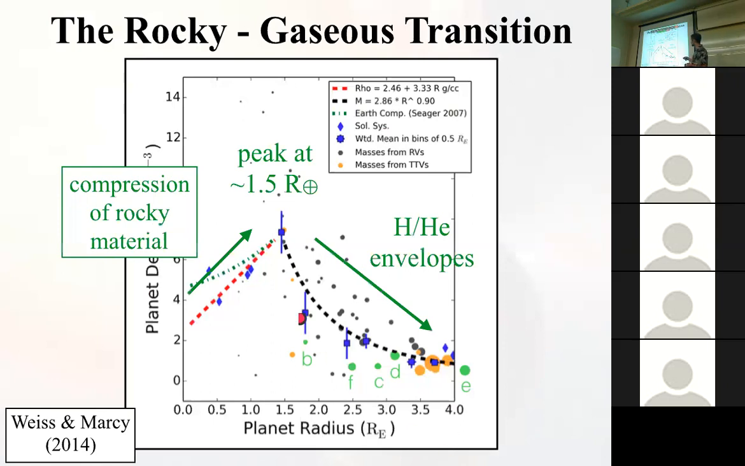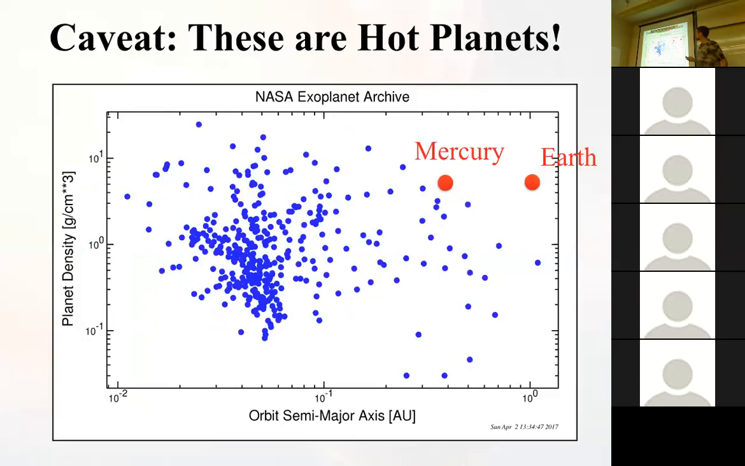So as you increase your radius, you essentially just compress more rocky material and increase in density. Then at this peak and transition radius, you end up with planets that grow larger, but the densities become smaller because you just add up light elements in the envelope. So this is now sort of accepted, at least in the Kepler planet population, that there are two families, one that is mostly rocky and the other more gaseous, and that there's this transition radius between those two families. But one thing to keep in mind, and my caveat is